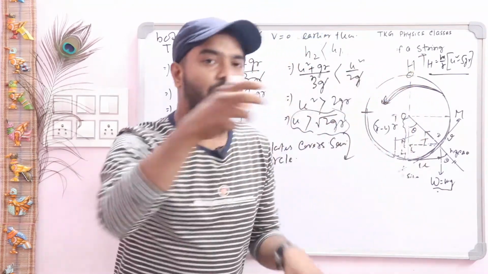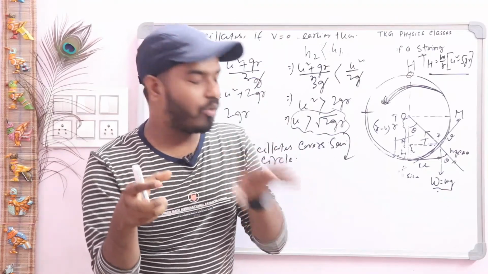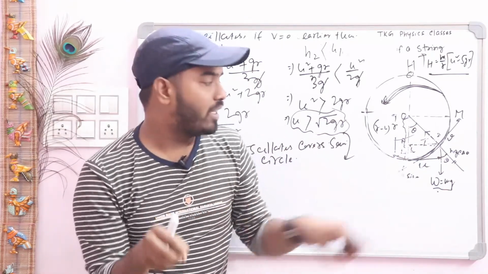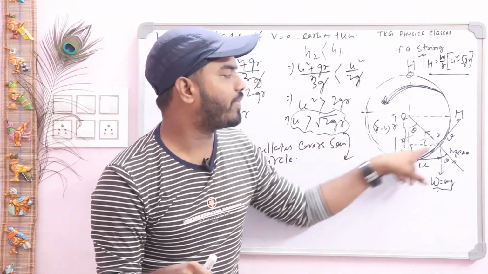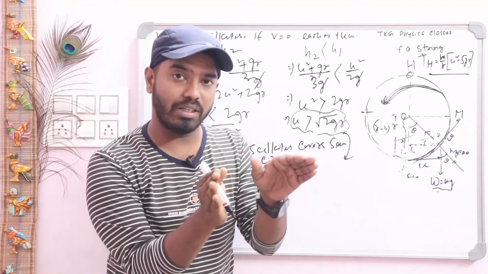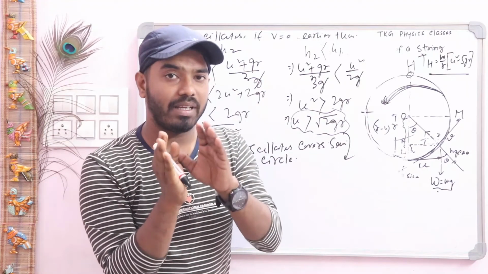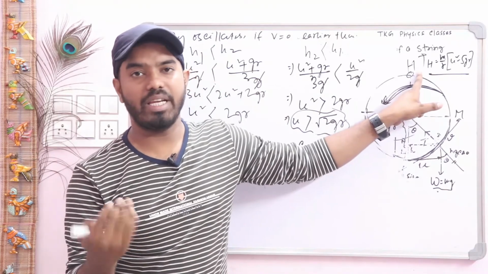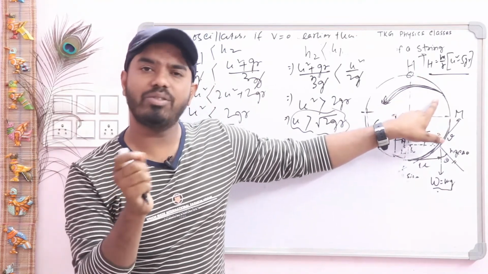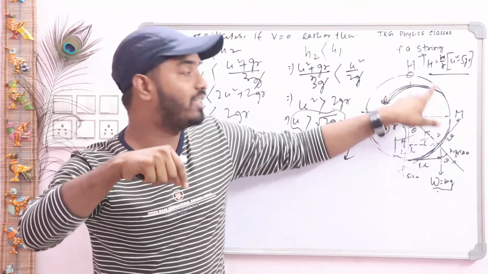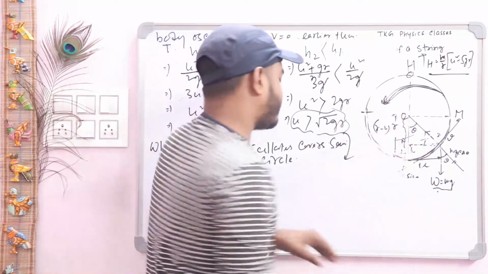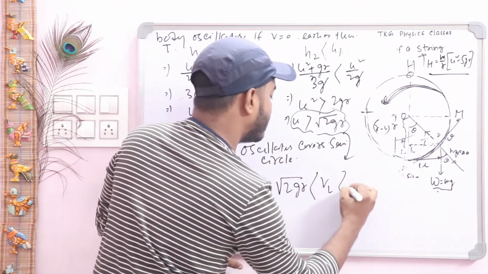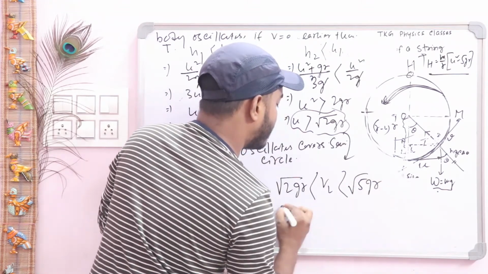So the condition, that is when u is equal to root under 2GR, the body completes this semicircle. When u is less than root under 2GR, the body oscillates like this way. When u is more than root under 2GR, the body leaves this circular path, and this happens anywhere between M to H, for a very short time, and then it again rejoins this circular path. So write it, when root under 2GR is less than VL less than root under 5GR,